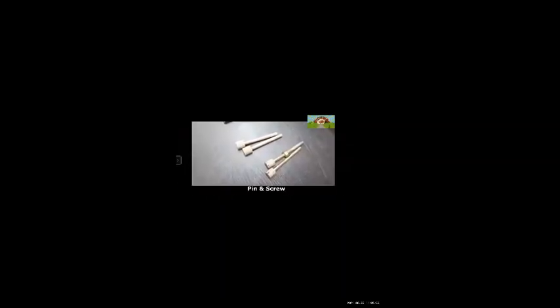So this is the pin and a screw that is used for clamping. This is the stone perforated plate. This is the grid plate. This is the base plate. And this is the loading pad, above which an iron ball is placed. This is the sampler in which the sample is fixed.